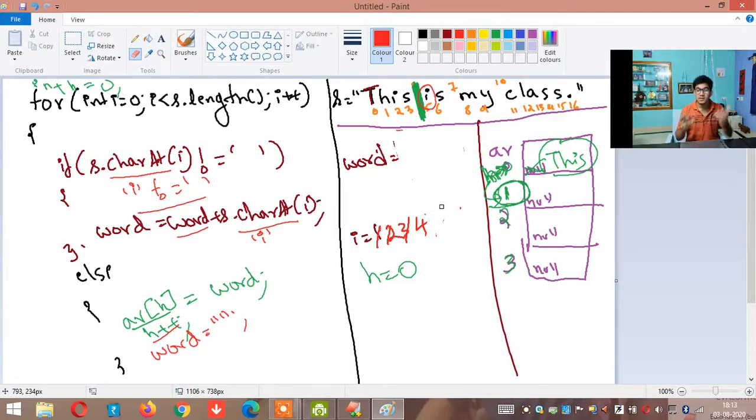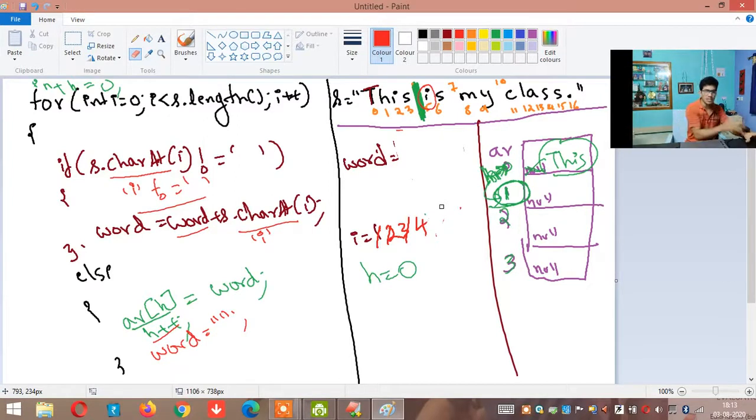This is the logic which you will be using every time in programming. You should think carefully: after storing this variable in one location, is it of use to me? If no, clear it immediately. I have stored the word variable in arr of 0.